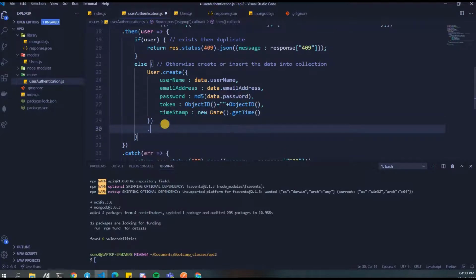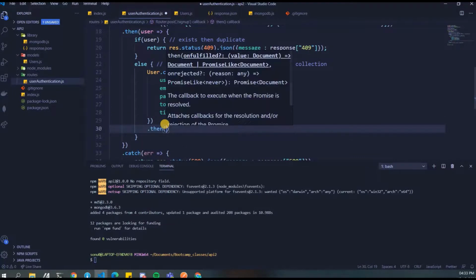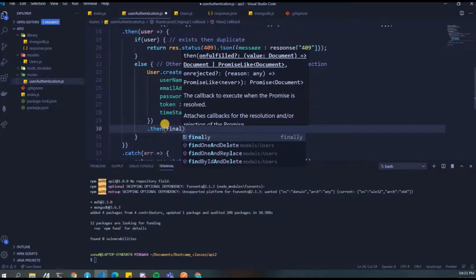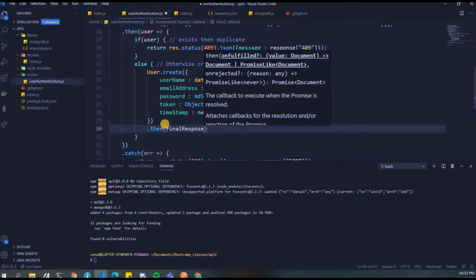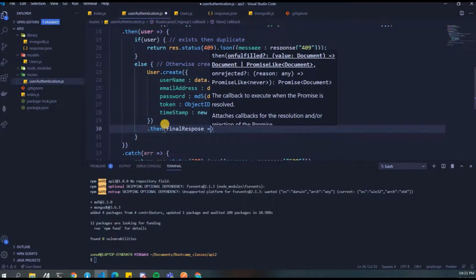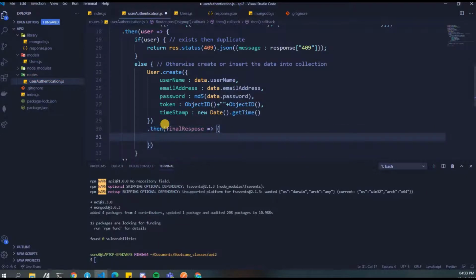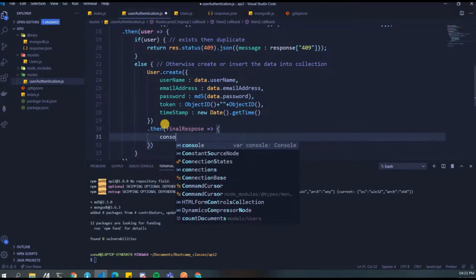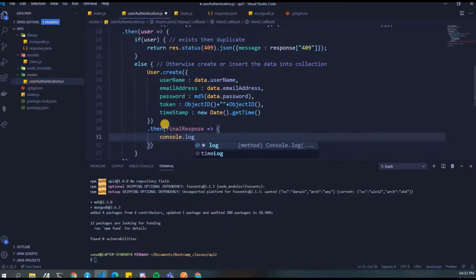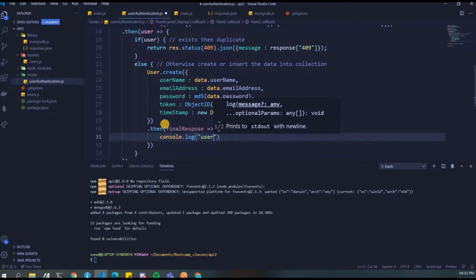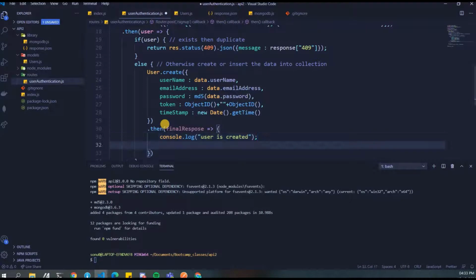So once we get this, we'll write the final response. Let's just do console.log first. Console.log "user is created" and then return res.status.